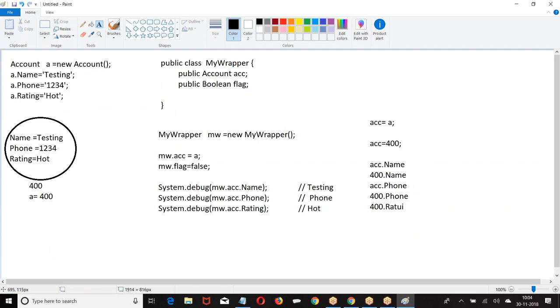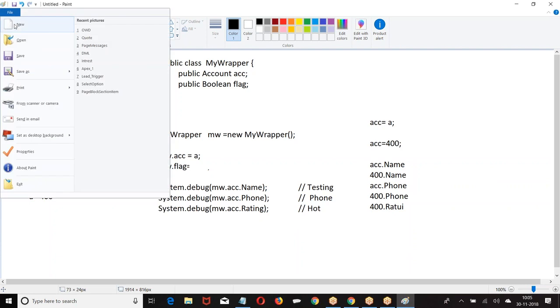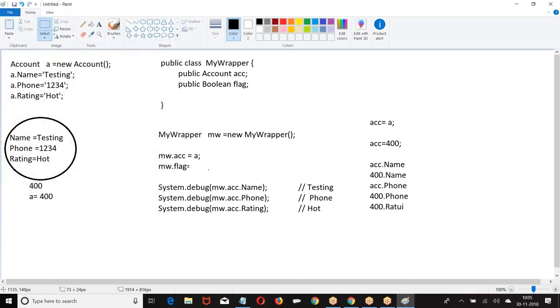If I take it true, what is the question you ask now? It is a boolean value. Either I have to give it true or false. I am taking any one value. We are not using the boolean value in the logic. We are only using the account. No logic is assigned here. I am only assigning the data of the account to the wrapper class. Now let us take the example.